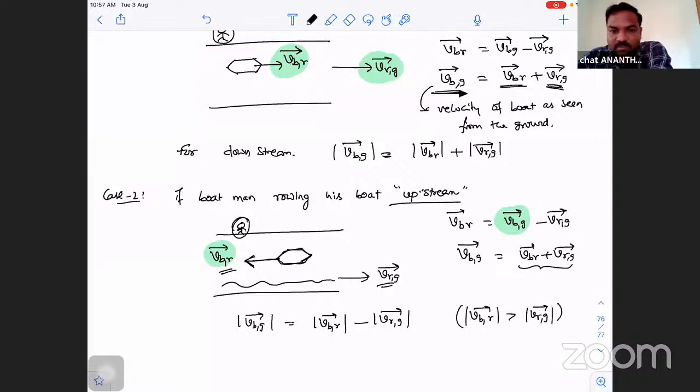Obviously, no, both vectors are opposite. See, you use the vector logic also. We are missing vector logic. Both vectors are opposite, and we want to find the resultant. Then obviously we have to go for subtraction. So you should not think like opposite minus. It's not like that. Go with the vectors now.